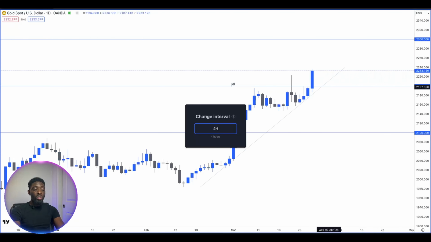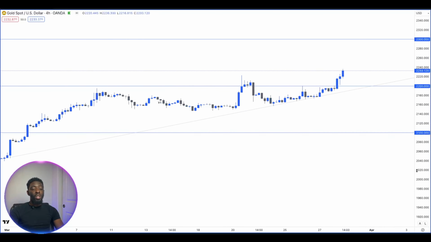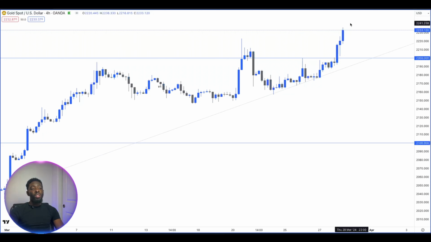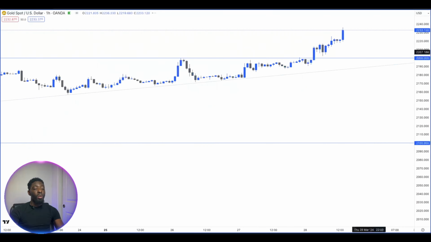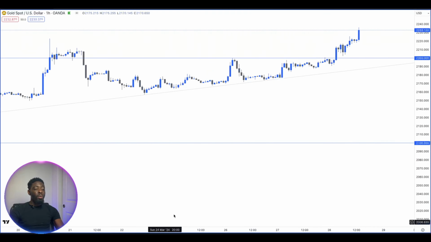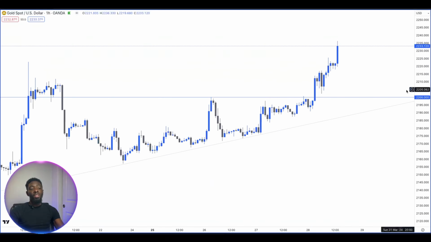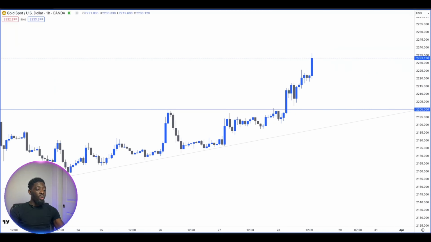you can step down to, say, the 4-hour time frame or the hourly time frame. When you look at the 4-hour time frame and you concentrate on this price action, it's almost difficult for you to see sellers coming in already to test an area like this. So what I'll tend to do is step down to the hourly time frame and see if there's any immediate trend on the hourly time frame that gets violated, because when you can spot a trend on the hourly time frame like this,